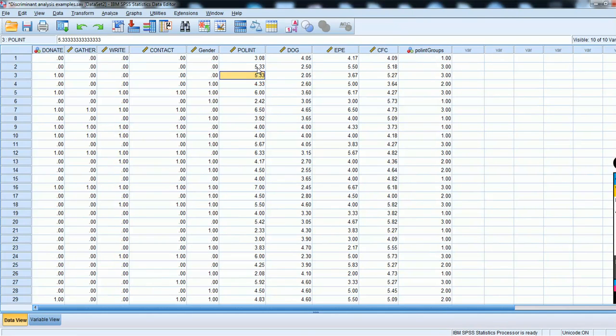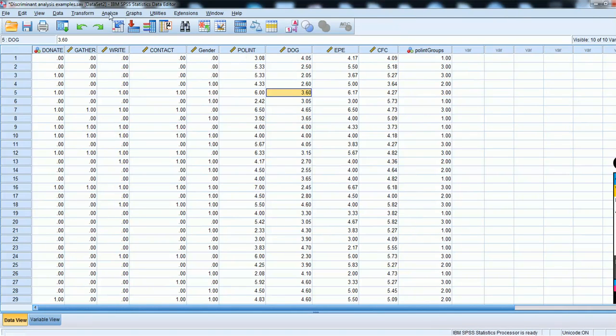So the procedure itself requires that your dependent variable is categorical. Generally, it will fall at a nominal or an ordinal level of measurement, and the predictor variables in the model are falling at an interval or ratio level of measurement and generally assumed to exhibit multivariate normality within your groups. So, basically